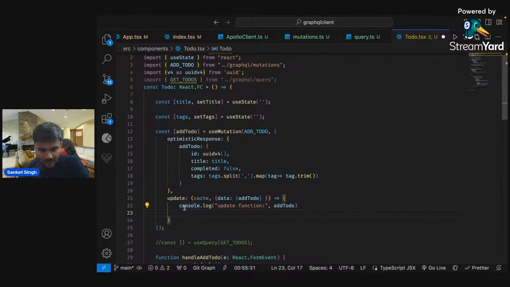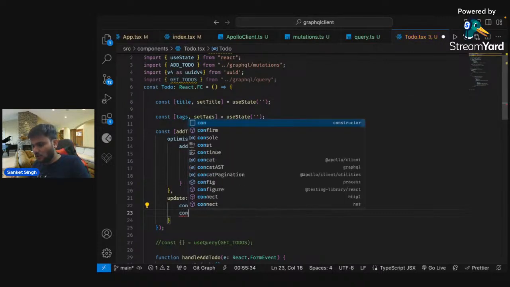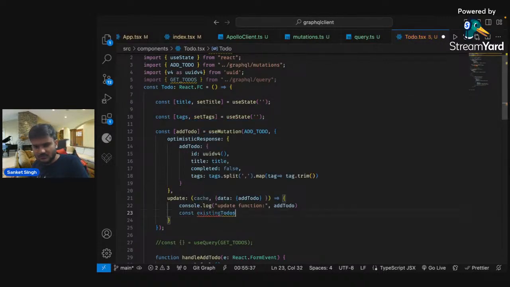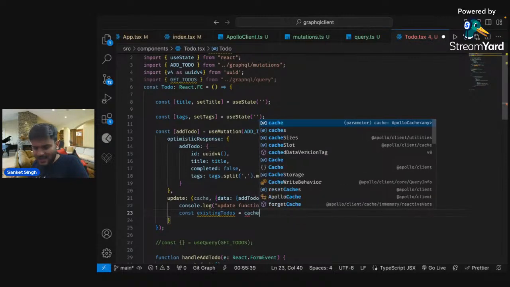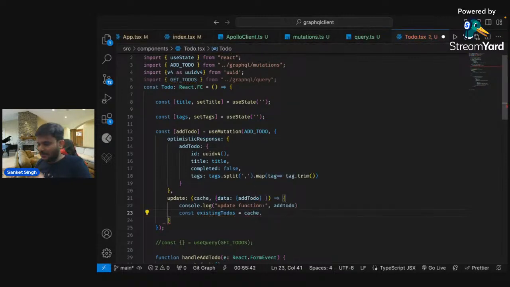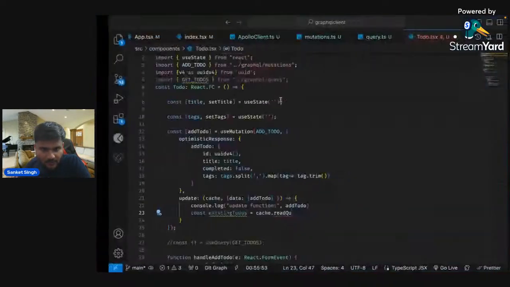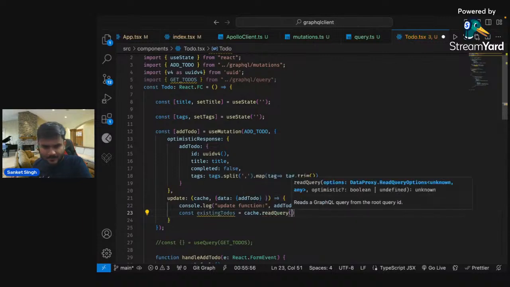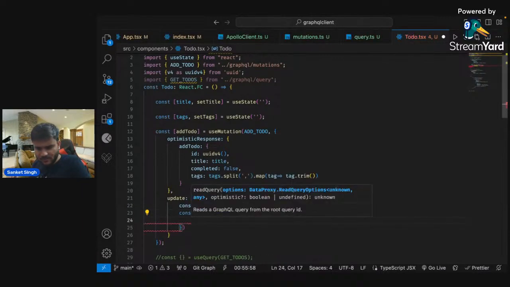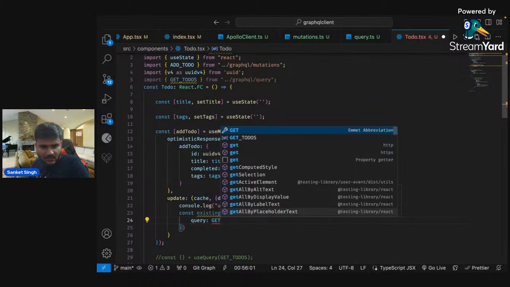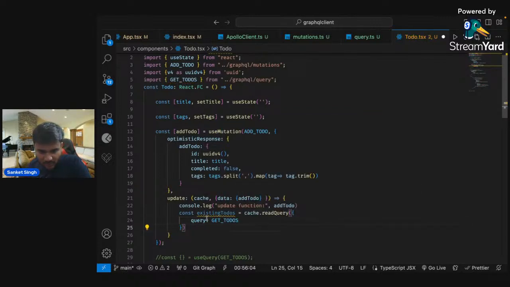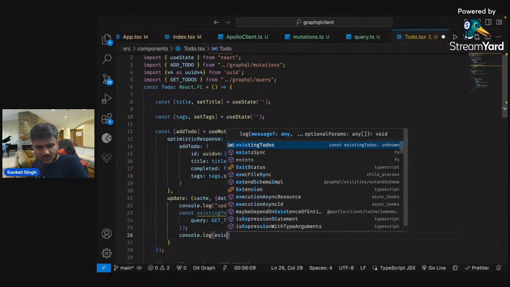So now, first of all, I'll say const existingTodos equals cache dot. Now, if you want to separately make a query call from the cache, I'll say readQuery, right? I guess the method name is readQuery. Yeah, cache.readQuery. Okay, and here you can pass an object where you will say query as getTodo, because this is your query in the form of GraphQL query language. And I'll say console.log existingTodos,